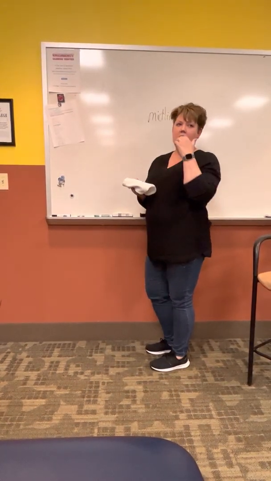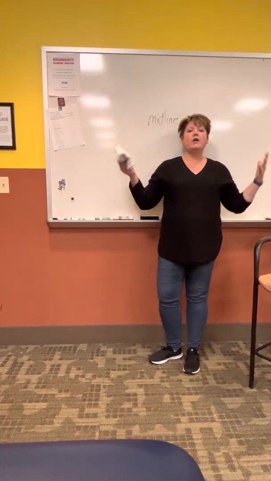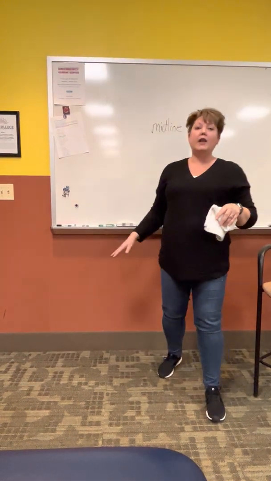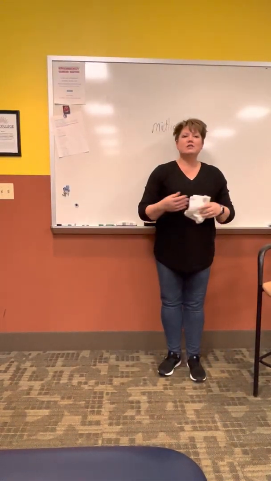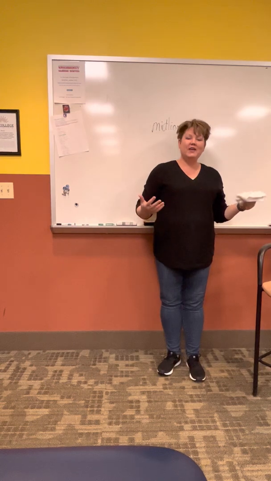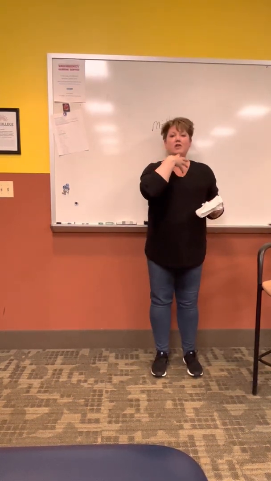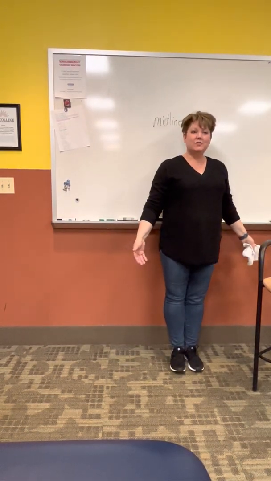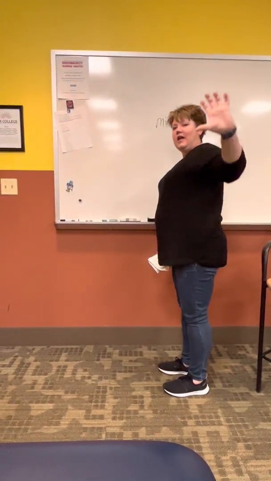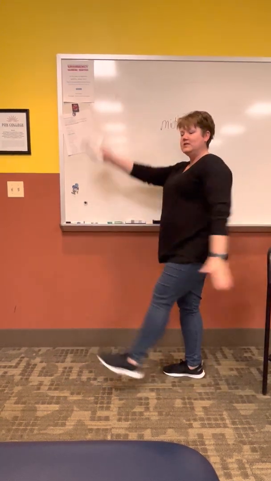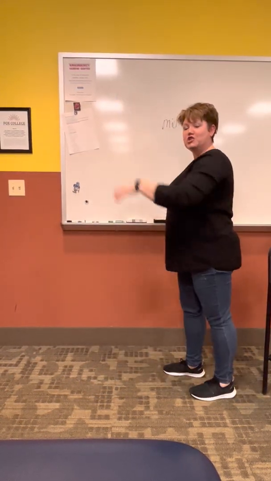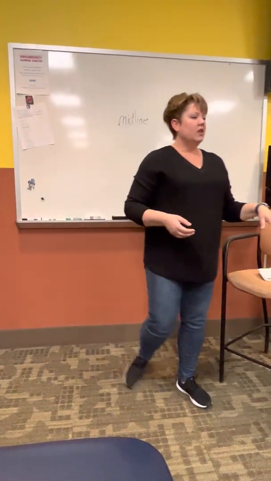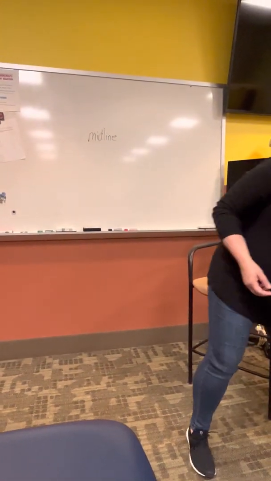Another thing I think about is if we turned out all the lights in the room and just had a spotlight and all you could see was my shadow, which motions could you see in my shadow? If the light was shining on me from the front, you would see really good frontal plane shadows. If the light was shining on my side, you would see really good sagittal plane shadows. And now we're going to talk about the last plane, which is the transverse plane.